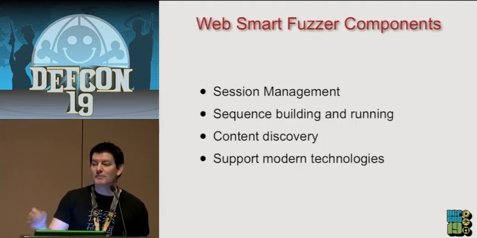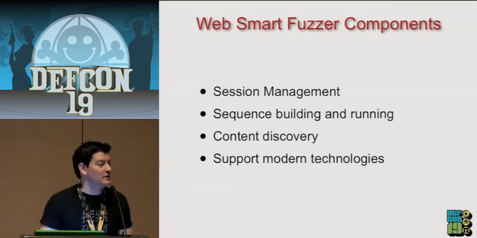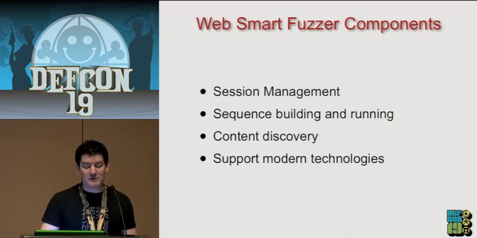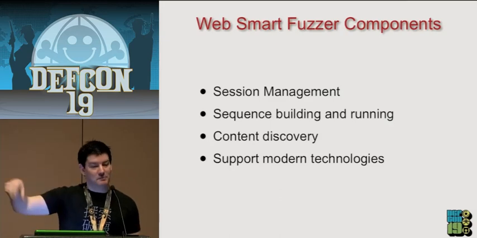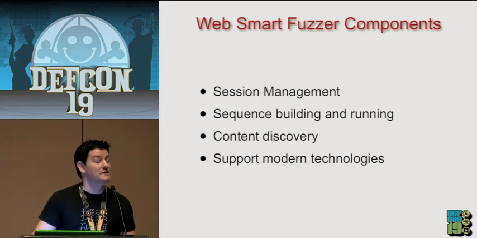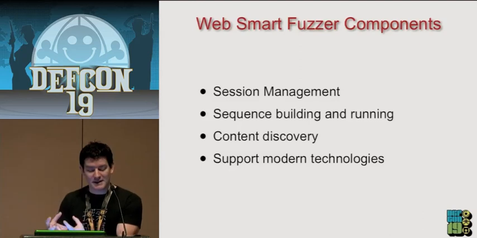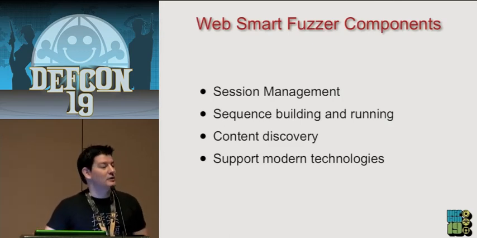A smart semi-automated testing tool should have several components. It should have session management, obviously, because we want to make sure our tool is smart enough to stay in session. It should have sequence building and running. If you have a difficult test case, you might need to run a sequence of events prior to sending your test case, and even a sequence of events after you've run the test case. For instance, you may need to run a sequence of events to log you in, run a test case, and then log out. There are crazy weird applications like that. A lot of international money transfer applications have weird functionality like that to try to make them more difficult, I guess. So, security through obscurity. But any tool that can handle those three things can test them rather easily.